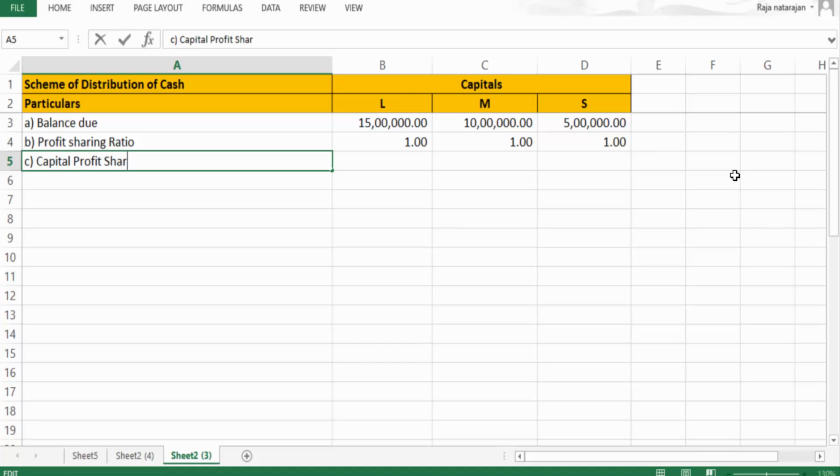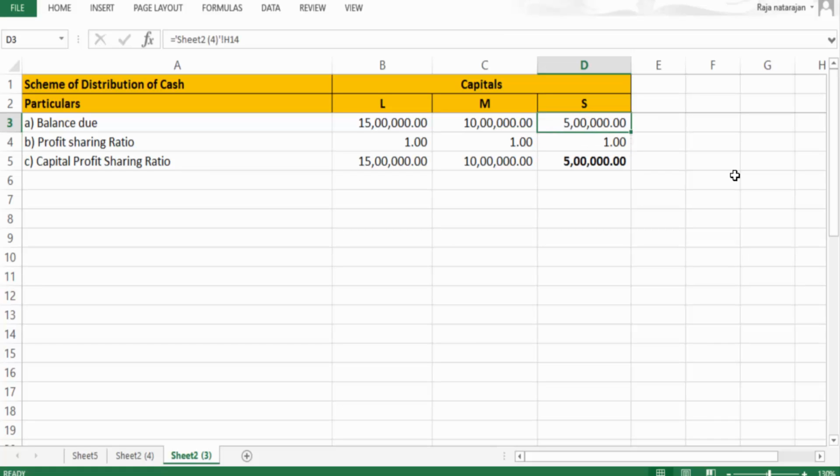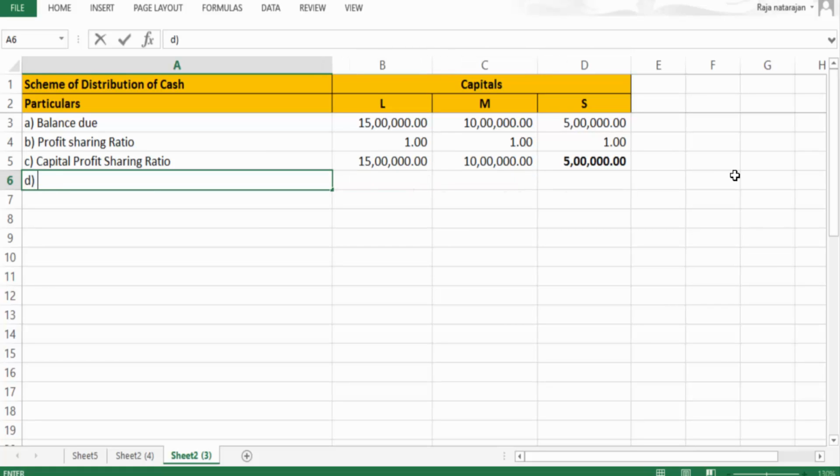capital profit sharing ratio, which is nothing but A divided by B: 15 lakh by 1, 10 lakh by 1 and 5 lakh by 1, and we have to focus on the capital which has the lowest quotient. So 5 lakh is the lowest quotient when you compare with others. So this capital of 5 lakh should be considered as the base capital. So what we have to do is, taking M's capital as base, the capital of other partners are,